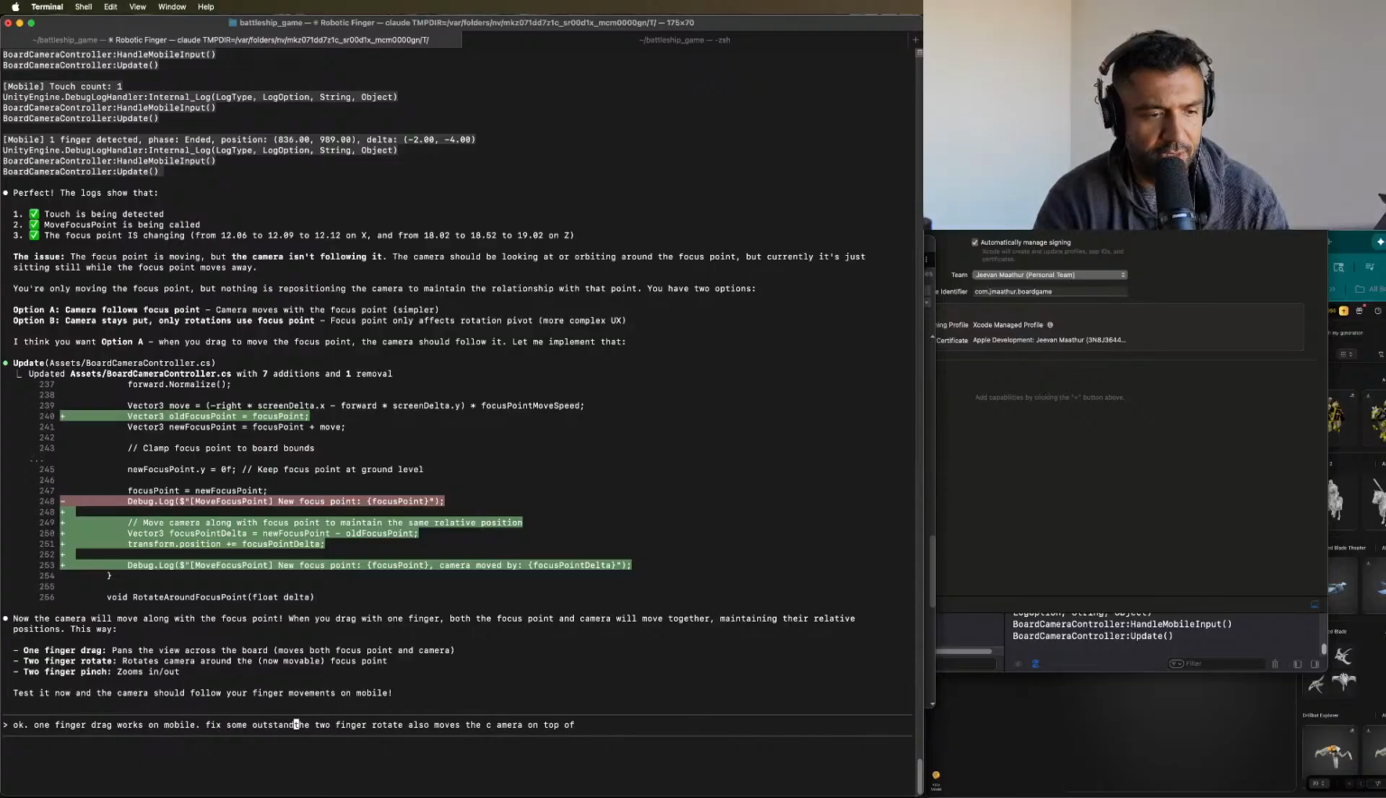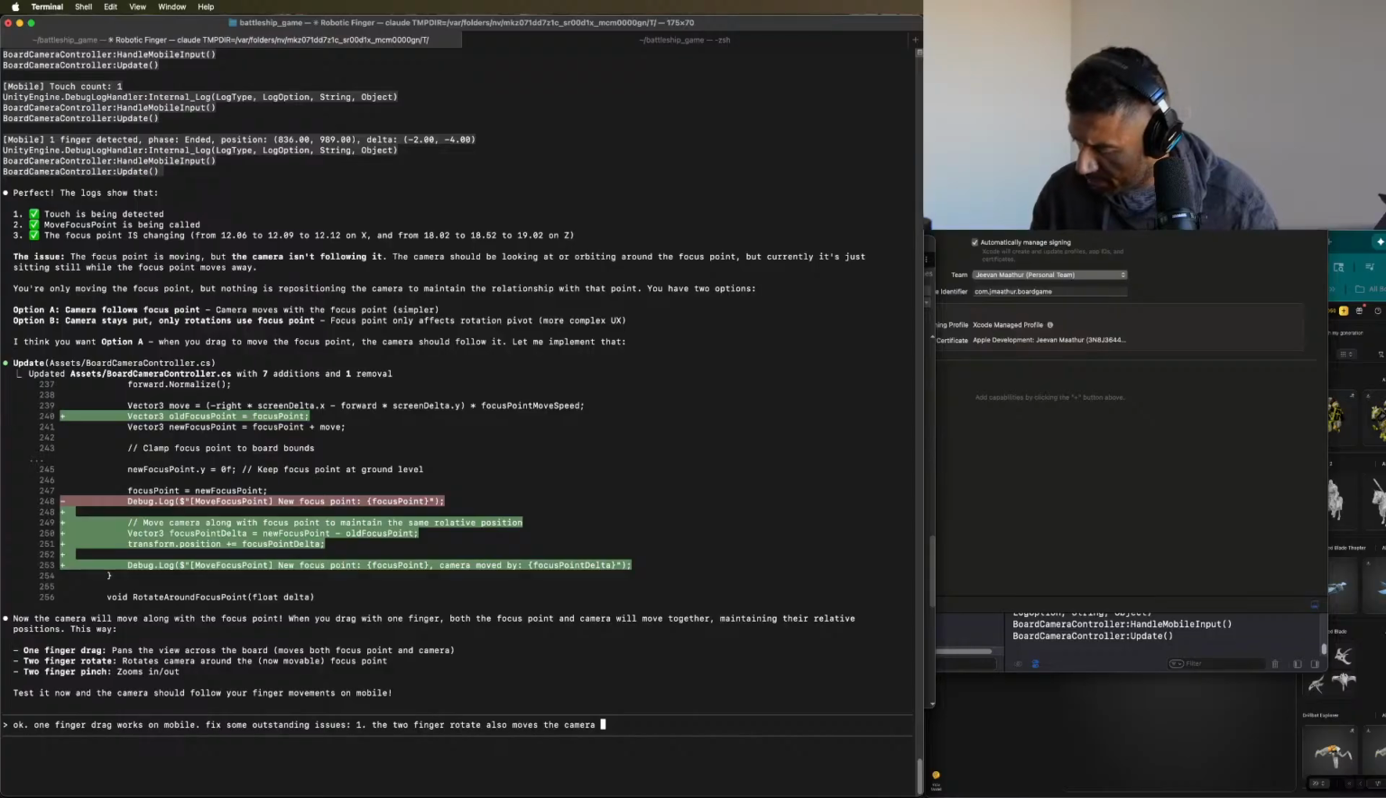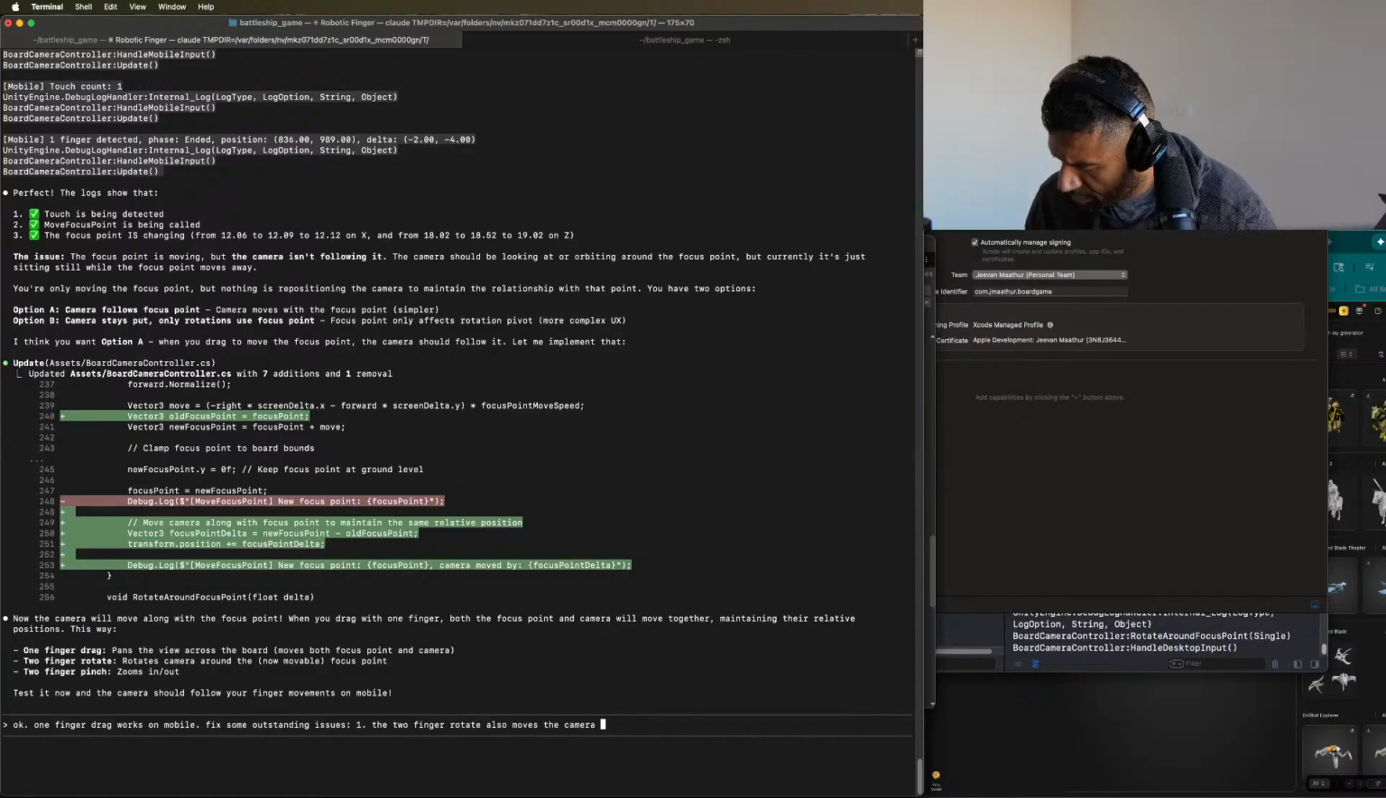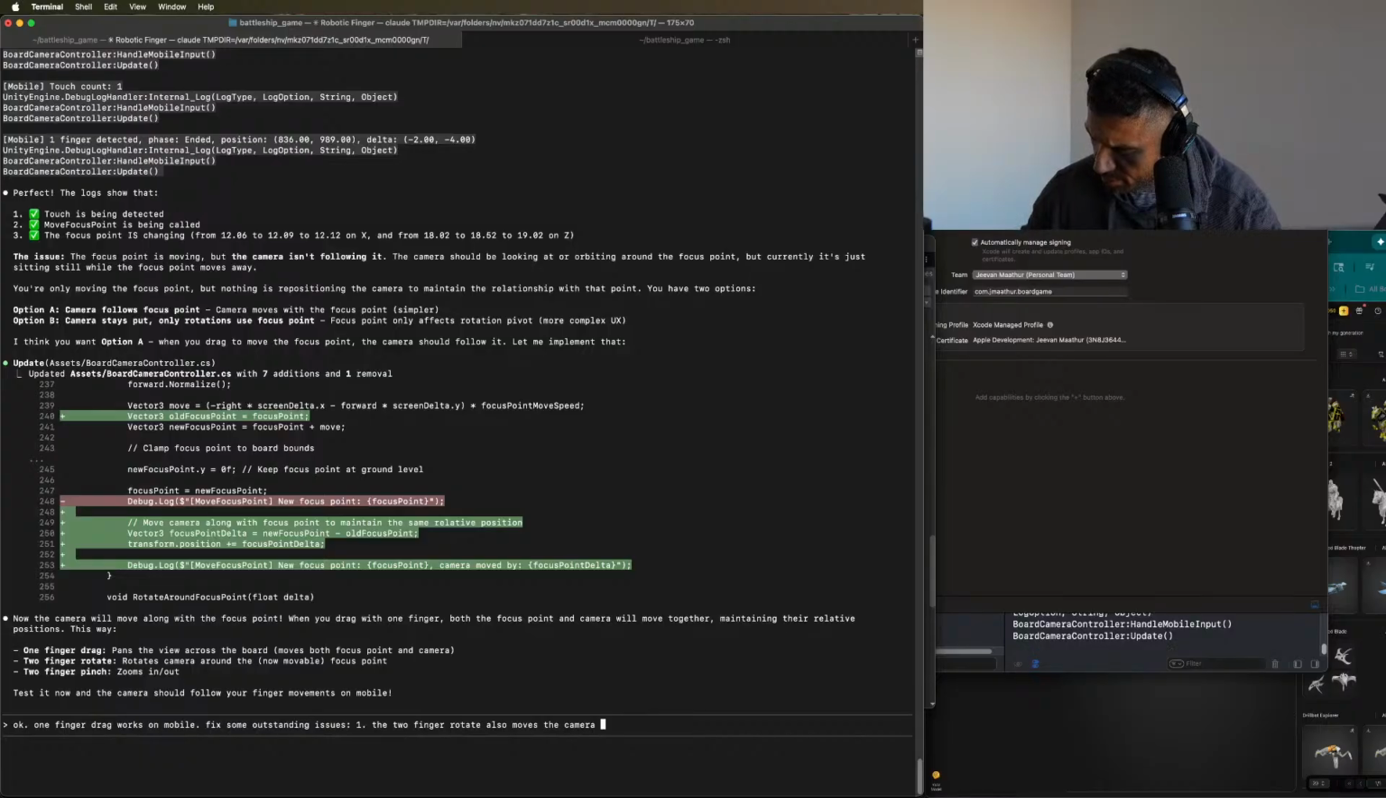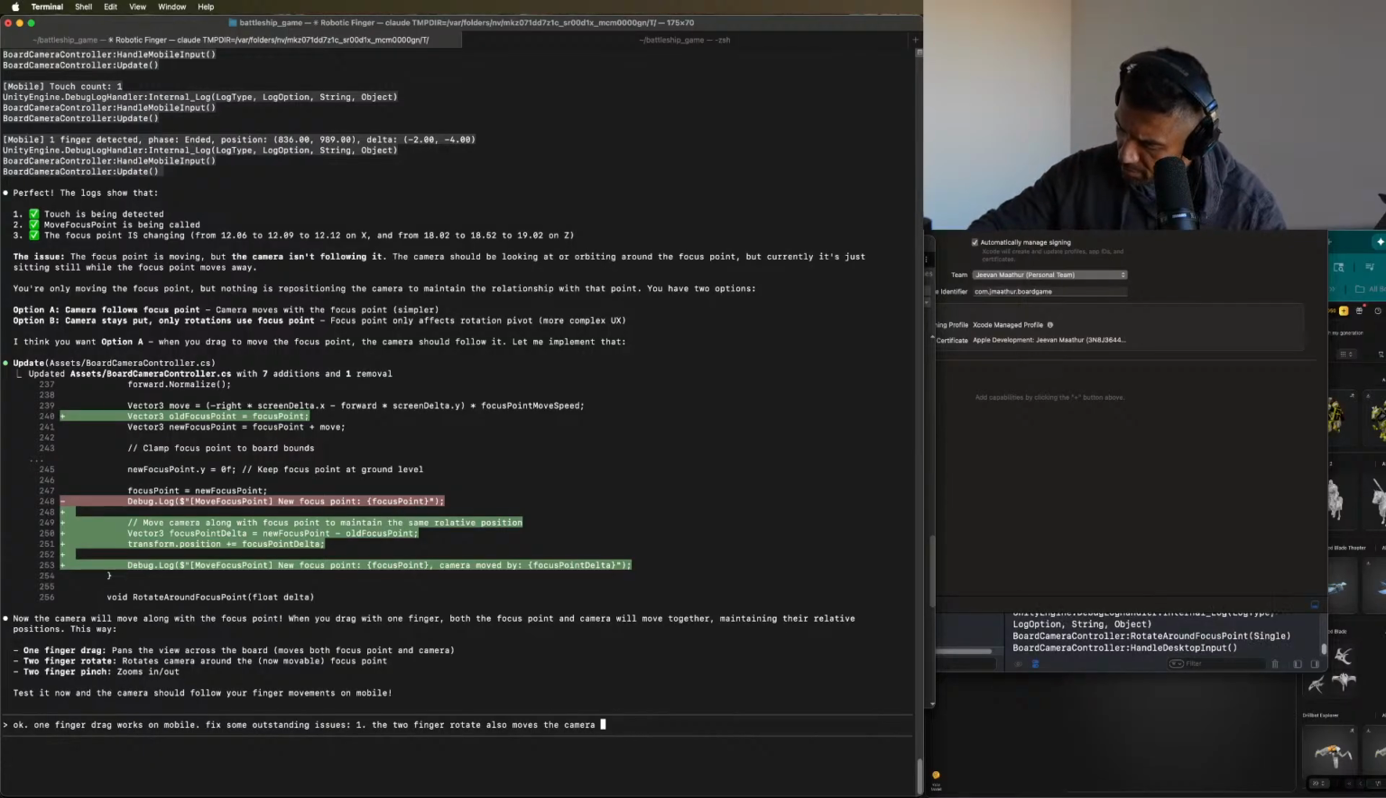Fix some outstanding issues. 1. The 2-finger rotate also moves the camera focus point. Is that true? That's actually untrue. Okay, so I'm able to. I wish I could show you guys this 1-finger, 2-finger stuff. So I think